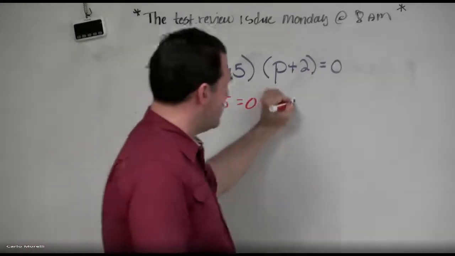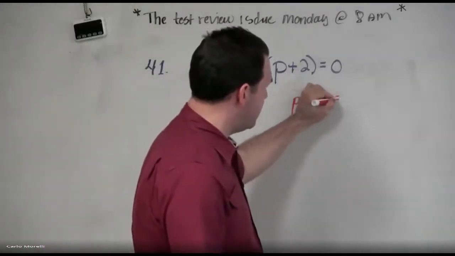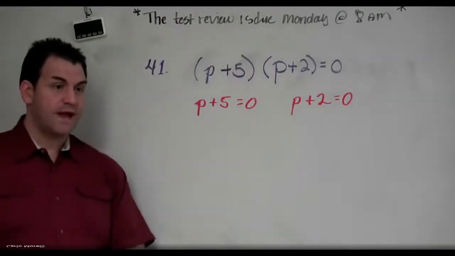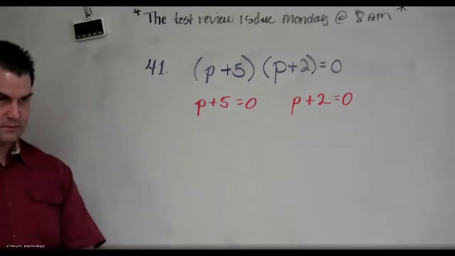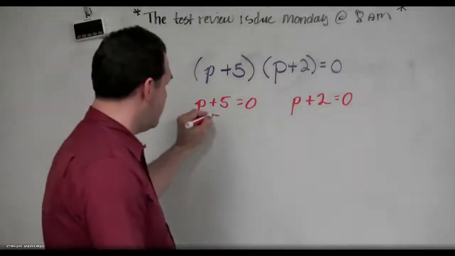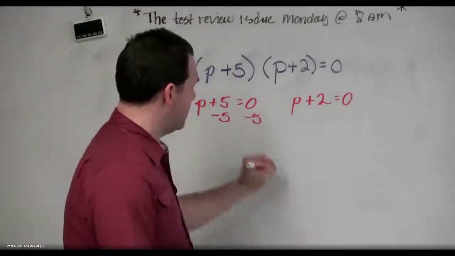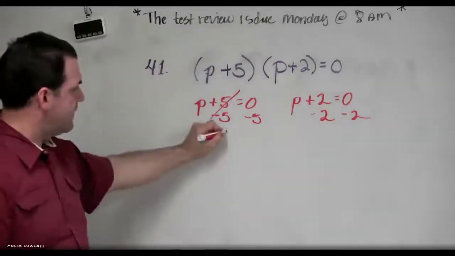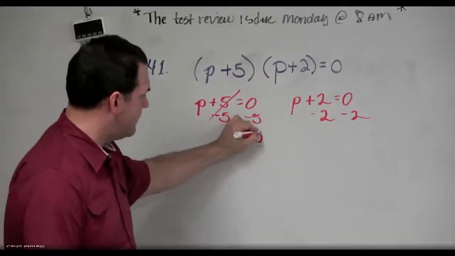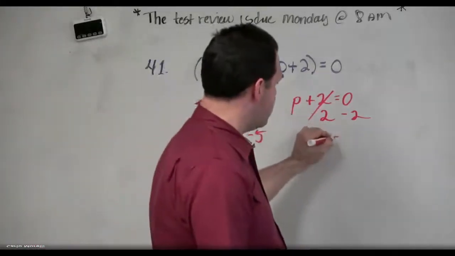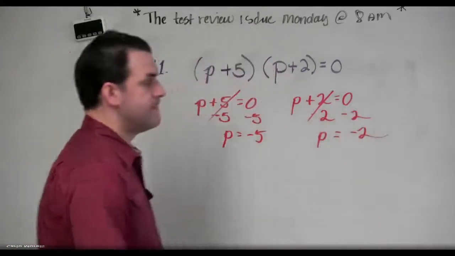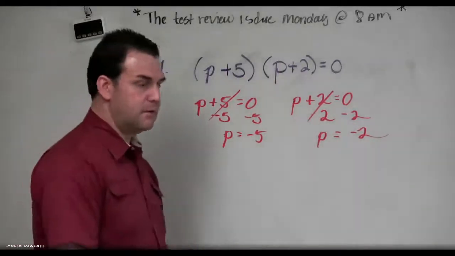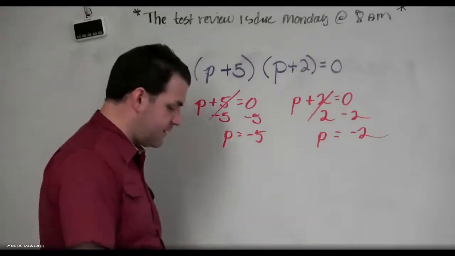Okay, so these are called factors. This particular brand of binomial is called a factor. And so you solve each factor for the variable. So you do the additive inverse. Exactly. Do the additive inverse. And so in this case, P equals -5 and P equals -2. So there's actually two answers. Normally when you do a math problem, there's one answer, but P actually equals both of these things, because in